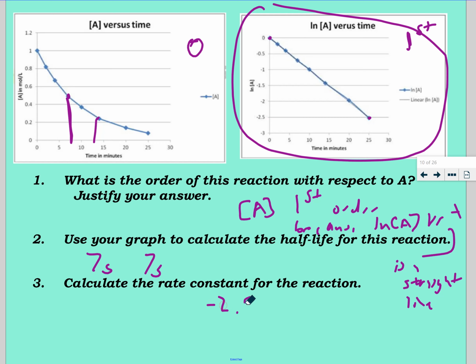I get negative 2.5 minus 0 over 25 minus 0. That's going to give me a slope of negative 0.10. And we know that k is the negative of the slope for first order, so I take the absolute value and I get